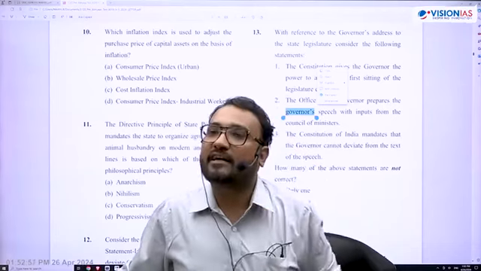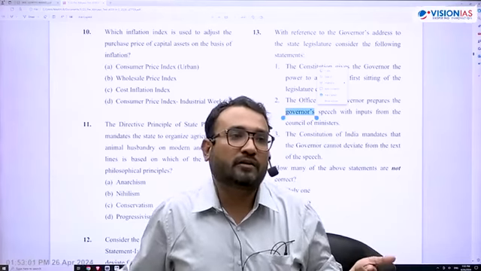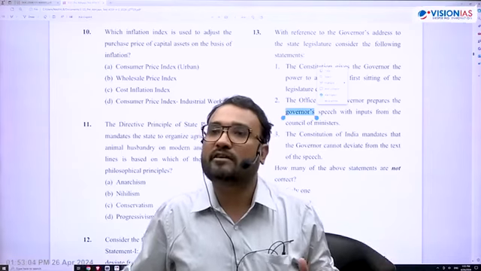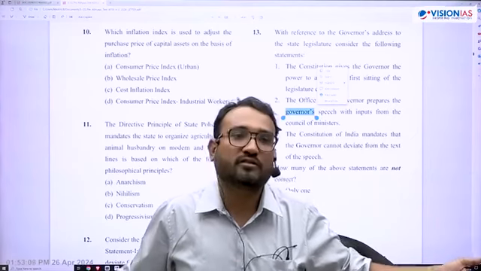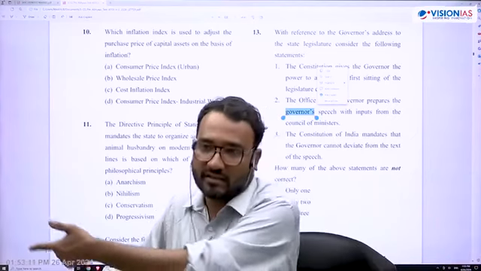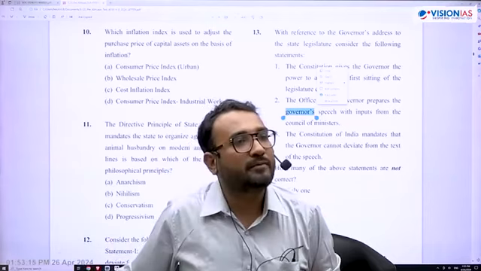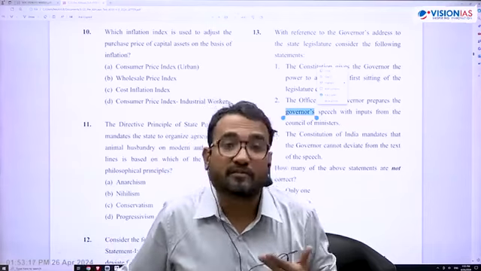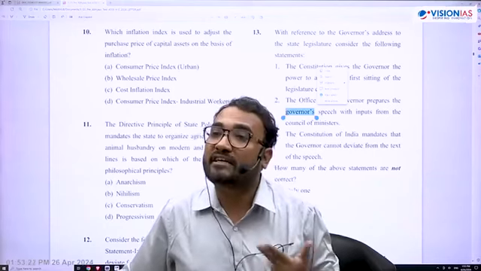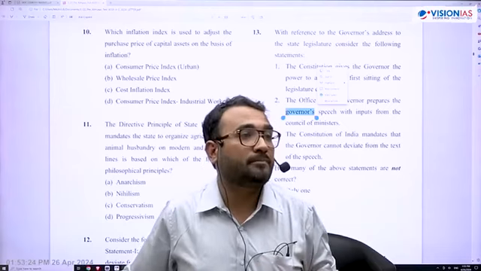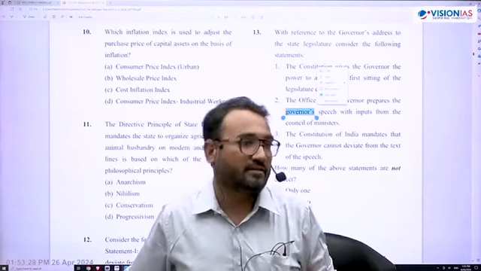Second, this we read in college as part of law, whether a prosecution should be started in a matter of corruption against a minister or not. The governor will act in discretion here, not on the advice of the council of ministers, because no council of ministers will advise starting a prosecution case against one of their ministers. Third, reserving a bill for the consideration of the president, the governor will act in discretion. If a bill endangers the position of the High Court, is against the principles of the Constitution, or is against the directive principles, in all these matters the governor has a discretion.